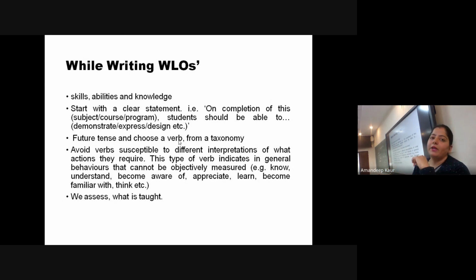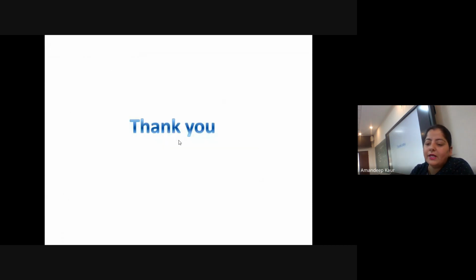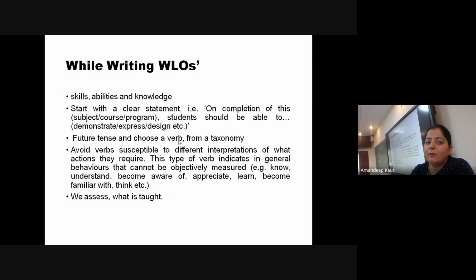So when it comes to writing the learning outcome, because it directly becomes our question paper statement, it must be written in very clear and simple language. And the final rule of learning outcome is we assess what is taught. अगर आप क्लास में एग्जांपल्स नहीं दे रहे हो, आप उसको क्वेश्चन पेपर में नहीं पूछ सकते. Whatever you are teaching, you are only going to assess that performance. So this is all about the different